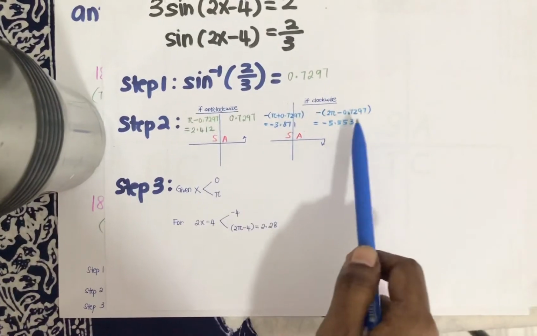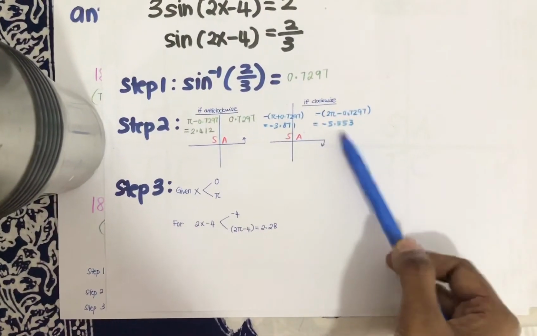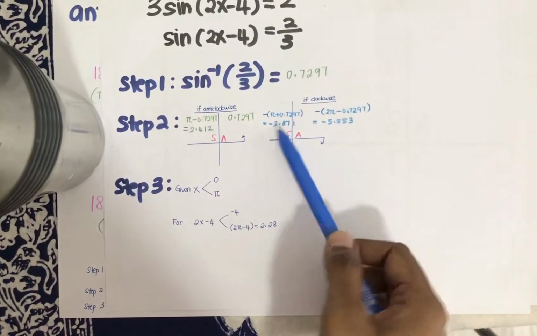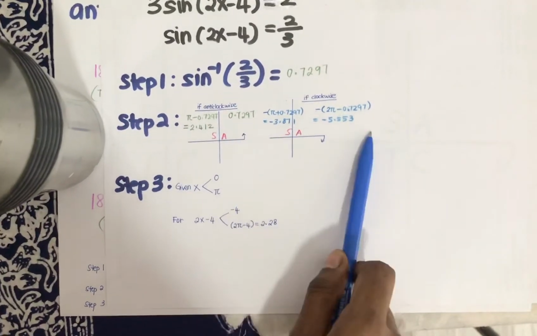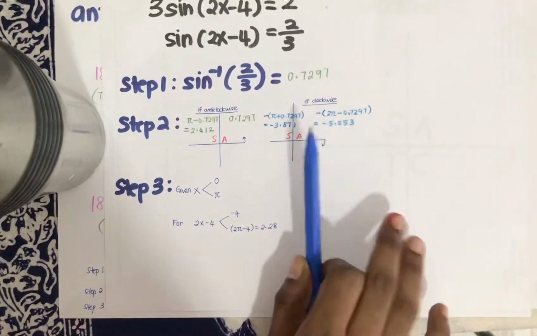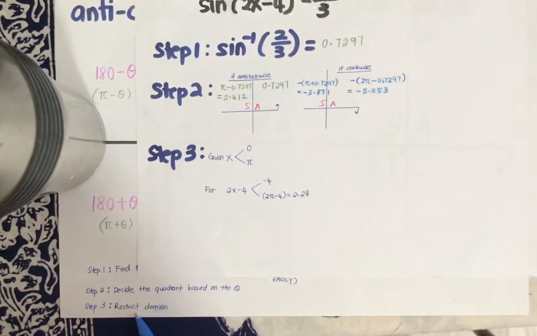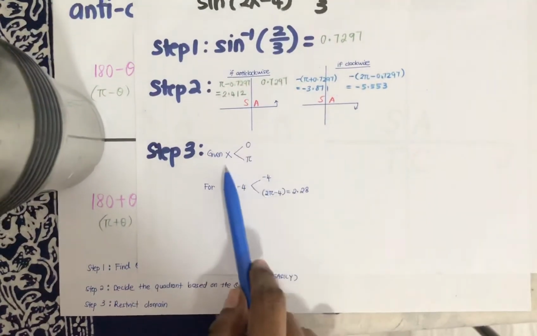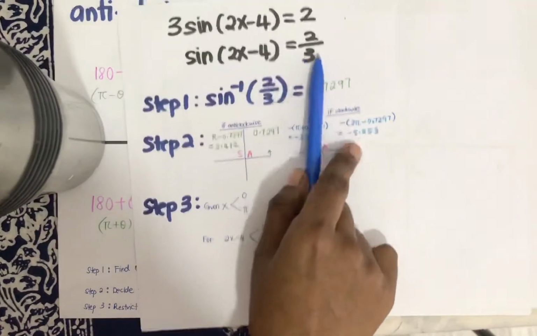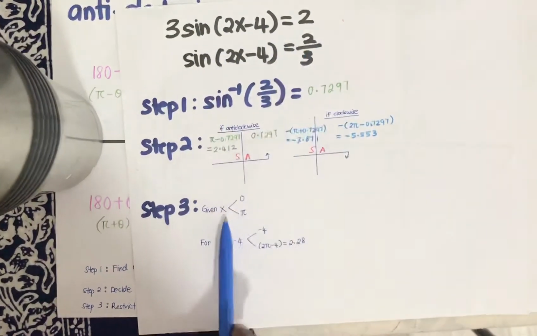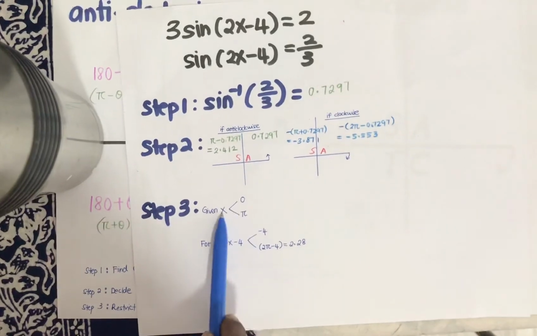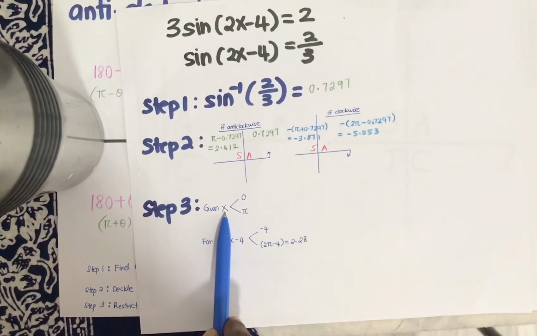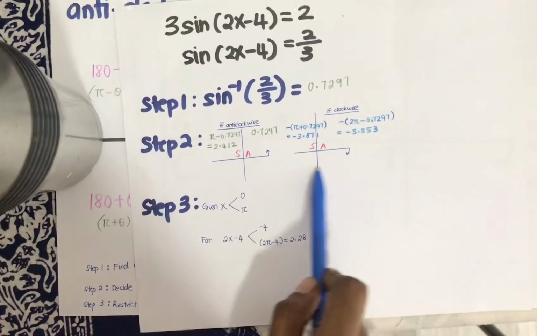Now you can be asking me, do I have to do this all the time? This takes a lot of effort. I don't want to do that. So how to restrict step 2 so that it becomes easy? That's when the step 3 helps you. You need to restrict the domain beforehand. Question says the final answer for this one has to lie from 0 to pi, because your interest is the x, right? So I don't want to go through this tedious process of thinking.